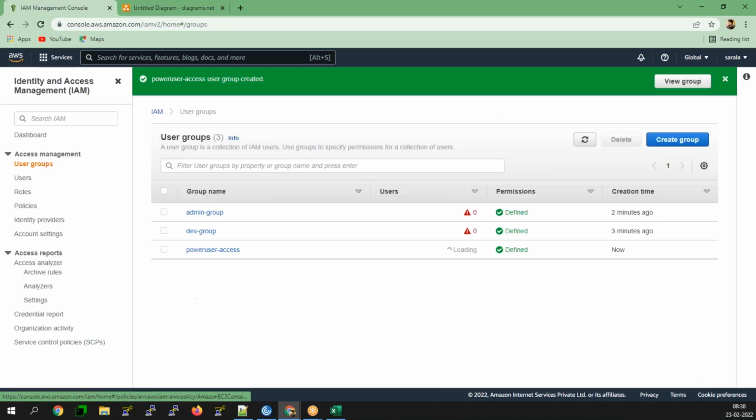Create a group here. So this is how it works.